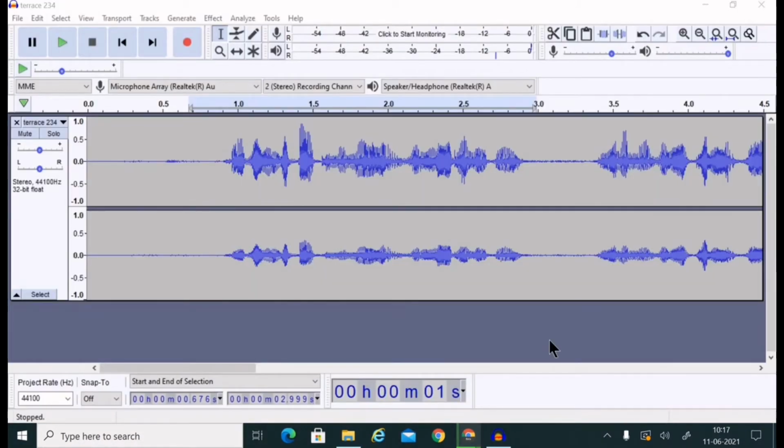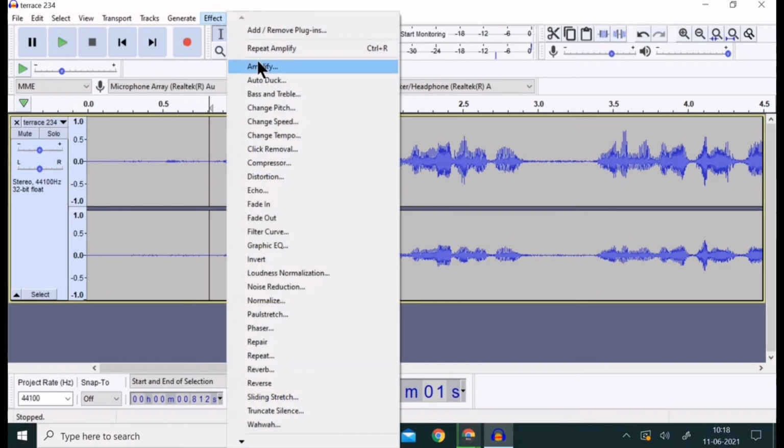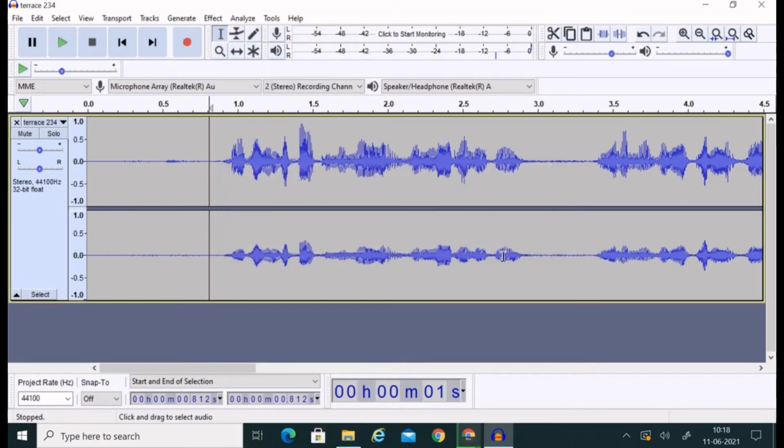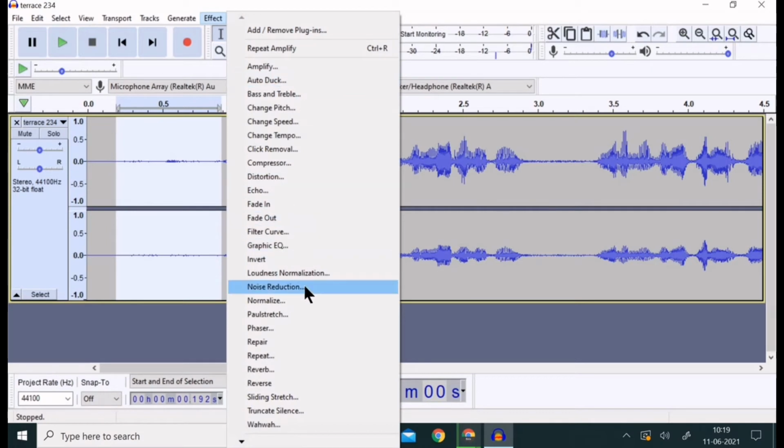So you could easily observe that we don't have much noise in this audio, whereas we had a huge noise in our source audio. So this way we can work. That amplification factor also, if you don't go for that amplification. If you amplify this voice, the minimal noise over here will also get amplified. If you don't want that noise also, you can again go for noise reduction, but go for noise reduction before amplification. You can go for any types of noise reduction, 1, 2, 3, you can go for infinite numbers of noise reduction. Again I can reduce this noise.